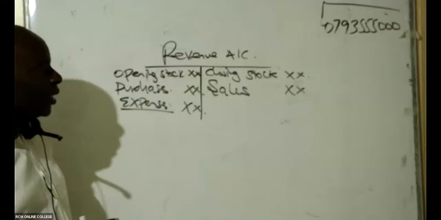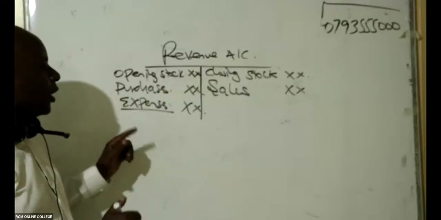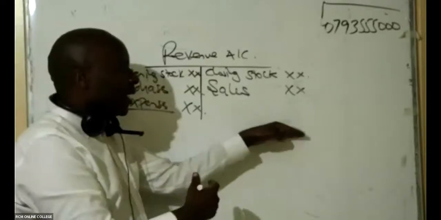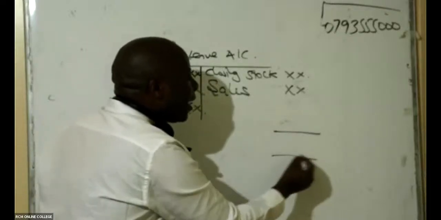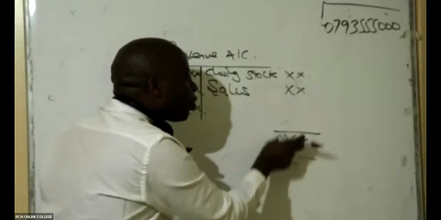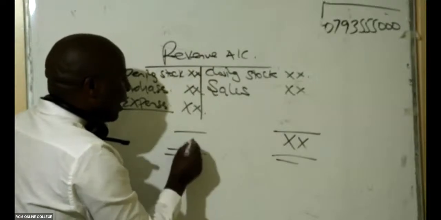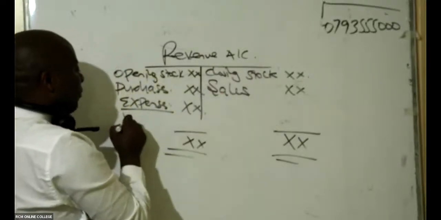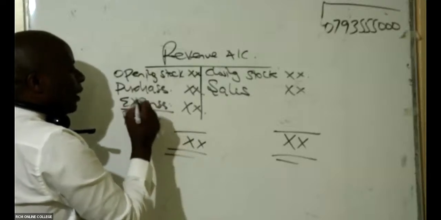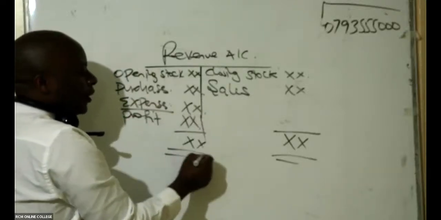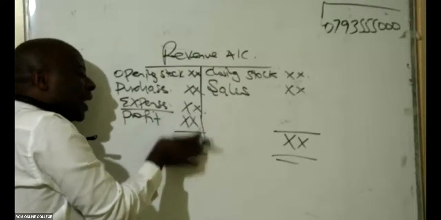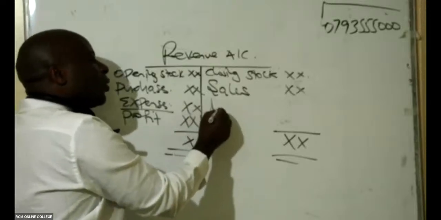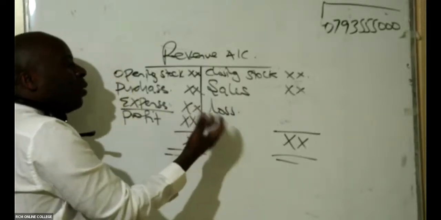Now, please listen. Whenever we have, for example, this side being bigger, then we're going to have this side total coming here. And if it is this side of revenues that is more, then you're going to have a profit here. And of course, if it is this side which is bigger, then on the other side, we're going to have a loss from our